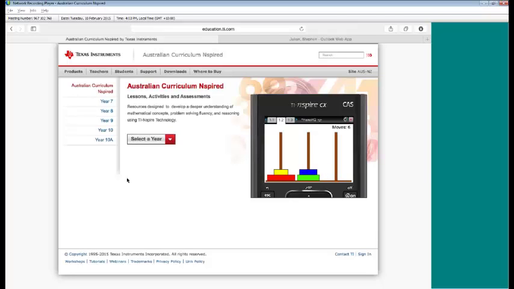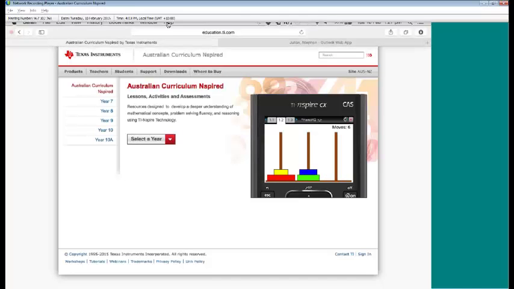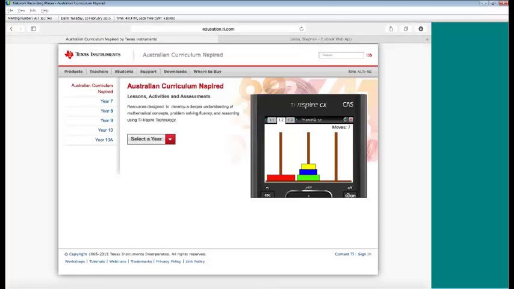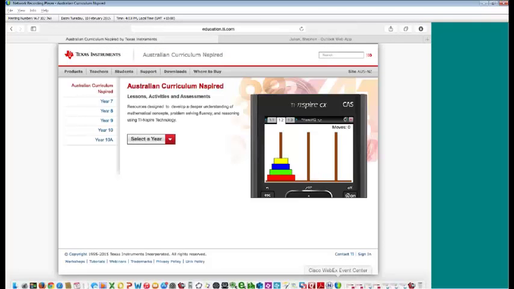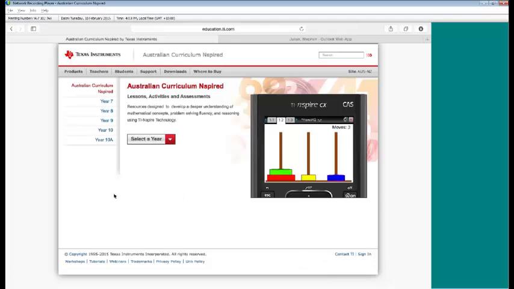I want to make sure that I can modify it in case there's things I'd like to add for my own class. I'd like to think it's something that's interactive, keeps the students interested, but obviously has educational value, and something I can easily find. Now, what you should be able to see at the moment on my screen is the website main screen. Now, to get into this, if you go into educationti.com and the Australian site,